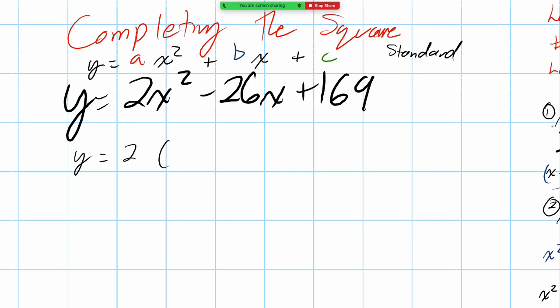Okay. So our goal here is to get to a vertex form. Okay, and the vertex form, the general equation looks like this. y equals, still has an a, but it has